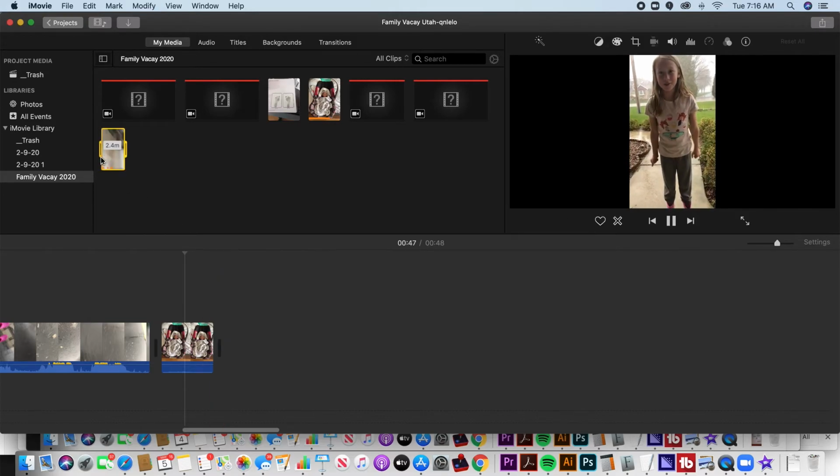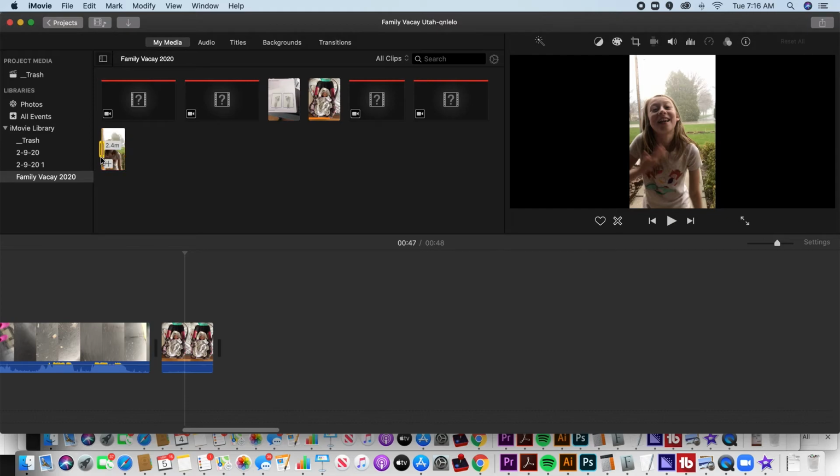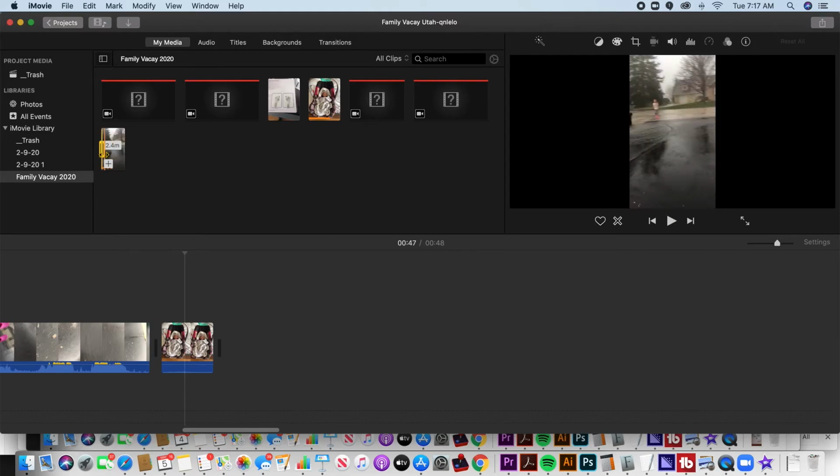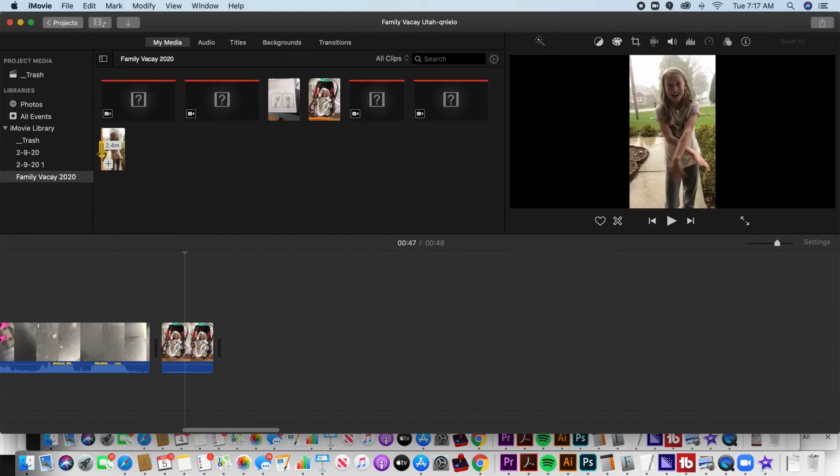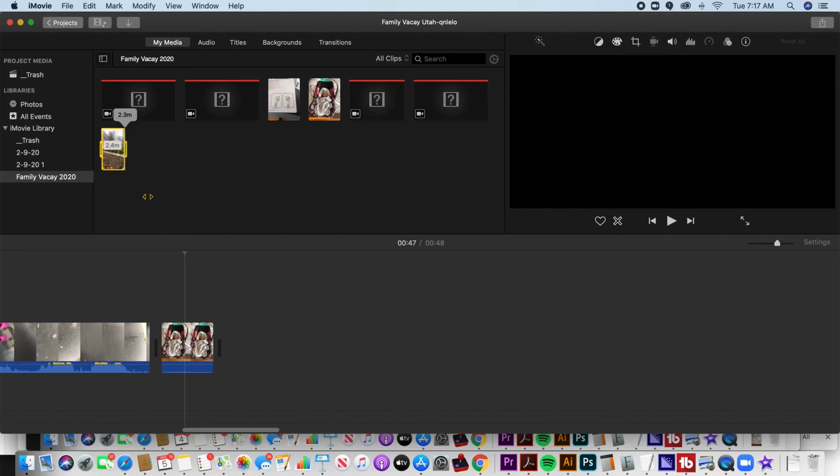And today I'm running through the rain, which I already did a little bit. And now I'm going with you guys. Okay, so now my out point, this is where I want it to end. I push O. You'll see these two handles. I can click and drag, I can trim there and make it longer or shorter, but what I want to do is I want to click it and see if